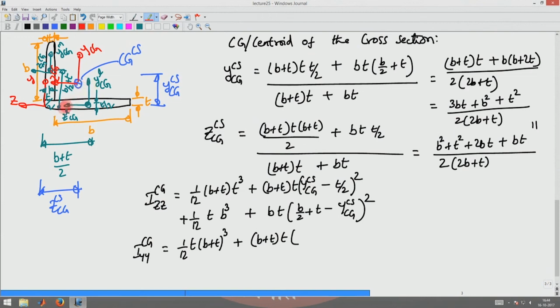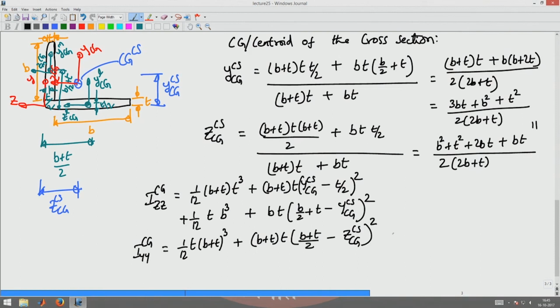That distance squared would be (B plus T) by 2, is this distance, minus Z CG CS would give me that distance. So, that will be ((B plus T) by 2 minus Z CG CS) that distance squared,